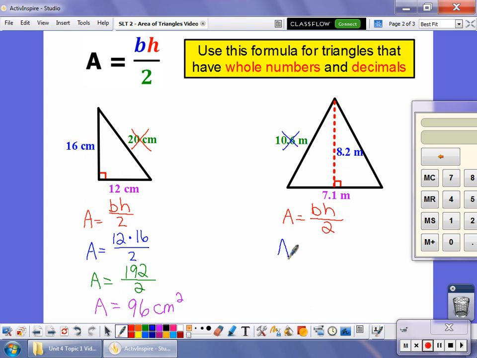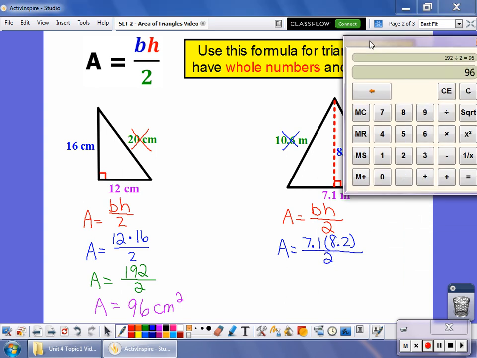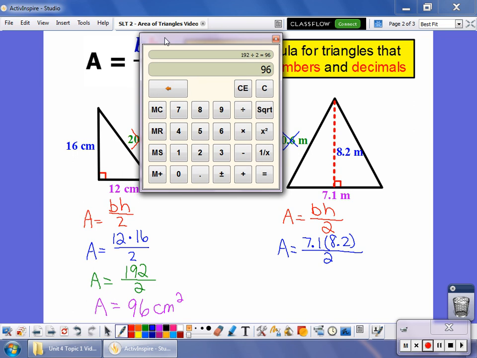So if I do my substitutions, my base is 7 1/10, my height 8 2/10, and I'm going to divide that by 2. So now I can pull my calculator up here. Let me try to move it out of the way. So I'm going to do 7 1/10 times 8 2/10 is going to give me 58 22/100. So my area is 58